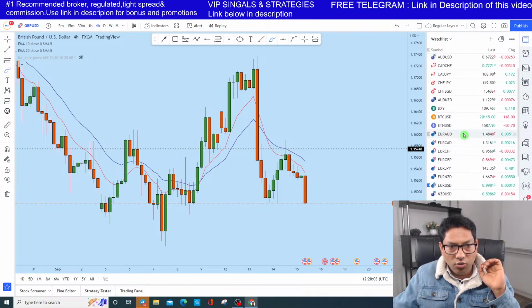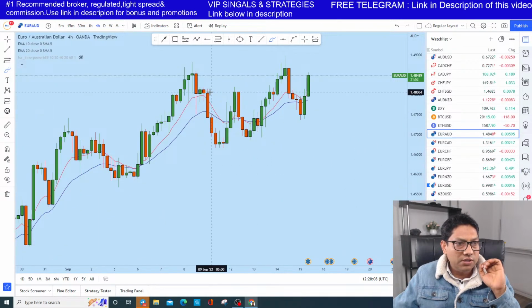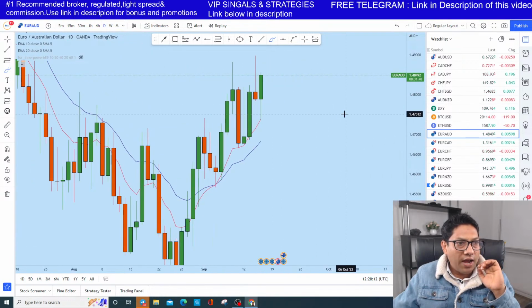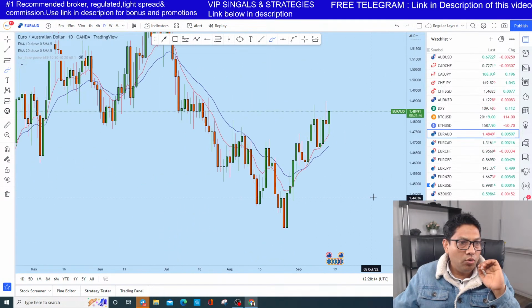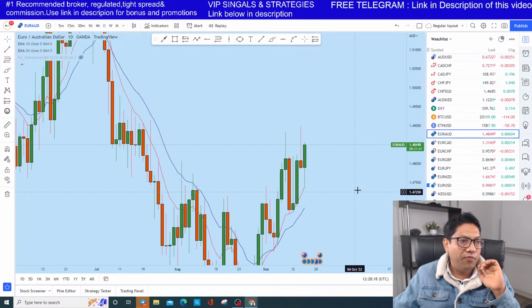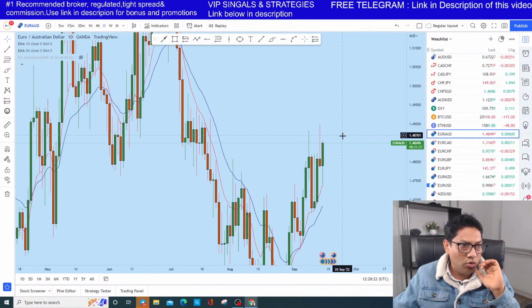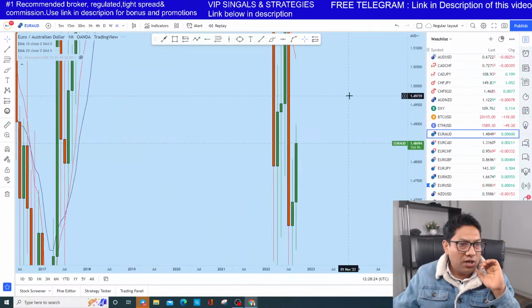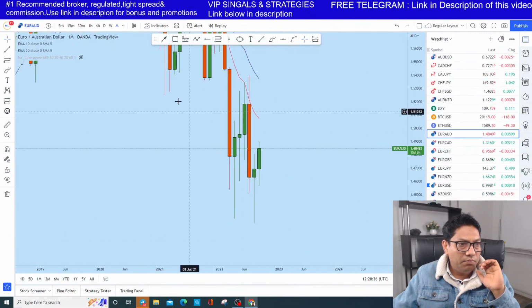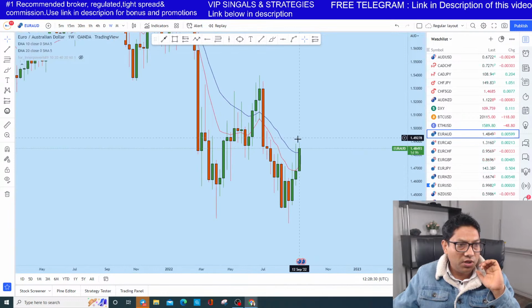Let me look at Euro AUD. Some of you are requesting Euro AUD. It is pushing high after this bearish candle, but what I think is that Euro AUD might create a drop from this zone. Okay, I think it's going into a selling zone. Euro AUD long term bearish, monthly bearish, weekly bearish. The price already reached this resistance zone.